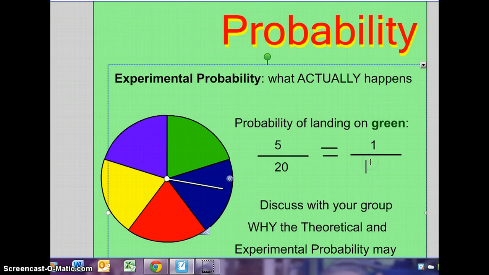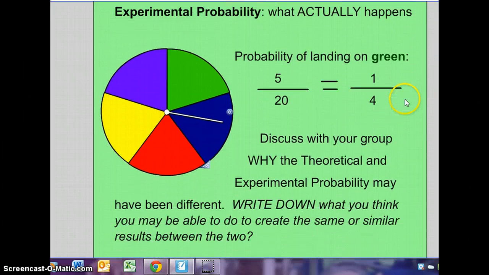20 divided by 5 is going to give us a 4. So what this is telling us is that there's a 1 in 4 chance of landing on a green. If we recall from before, we previously had that there was a 1 in 5 chance of landing on a green. So I'd like you to take a moment and discuss with your group why the theoretical and experimental probability